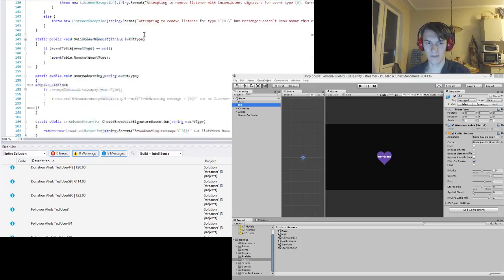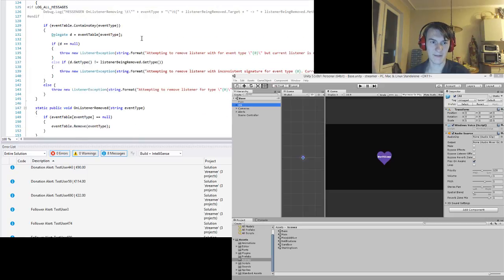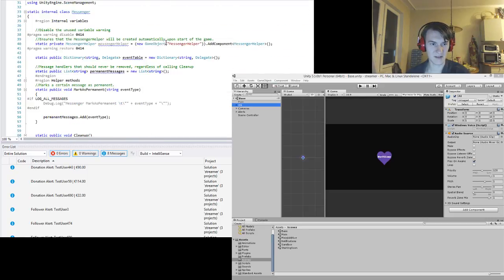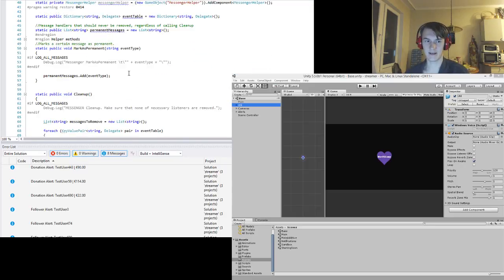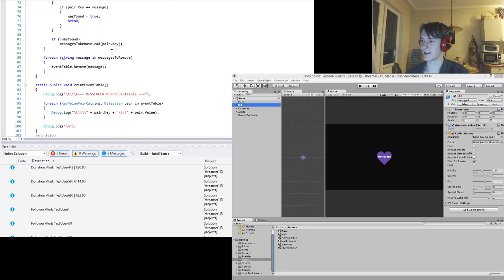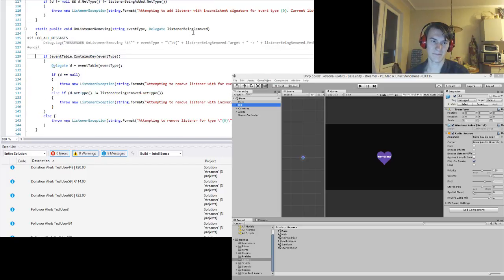Well, the problem is with this stuff, I had some problems with my messaging system. This messaging system is called Advanced C# Managed Messenger. Pretty nice stuff, I'm using it everywhere. Very nice, simple system, which allows you to subscribe to some kind of messages and then broadcast them from another point. And it all works smoothly,